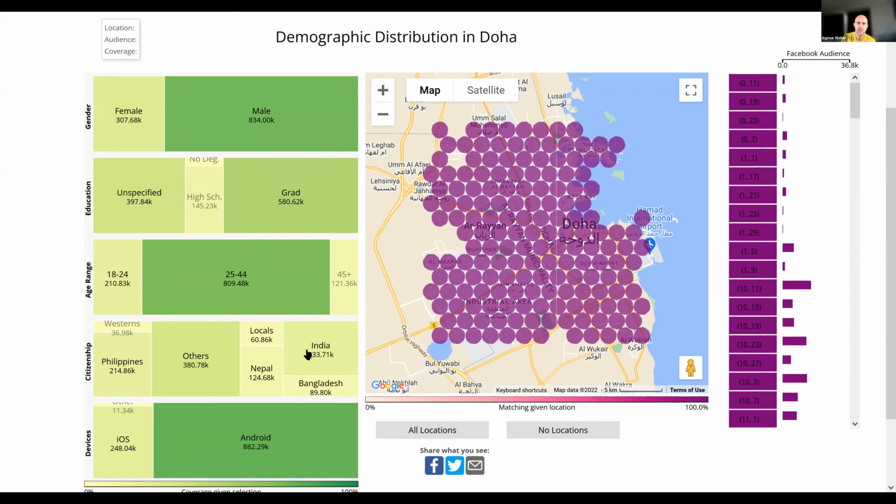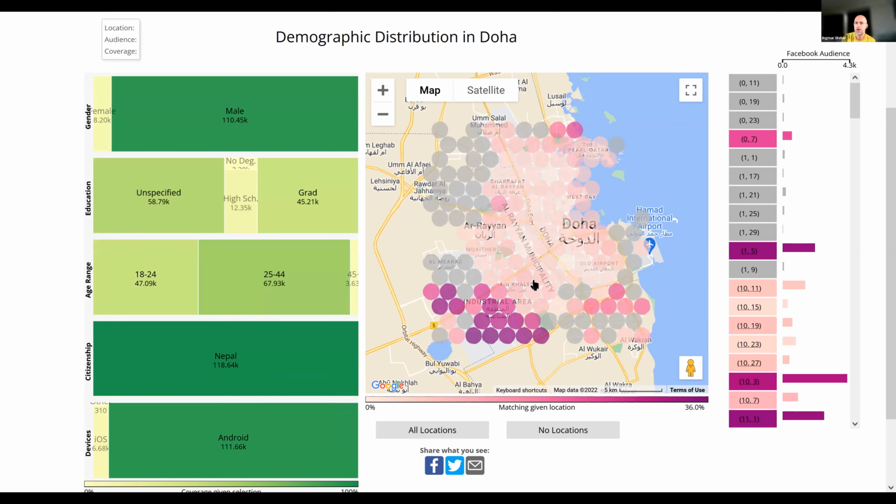Once you have collected this data, you can, for example, look at people who lived in Nepal. The density is highest in the industrial area, which, living here, I can tell you is true. But again, you don't have official data on this, right? They are almost all men, fairly young, which is a blessing during COVID times, right? Because probably the vast majority of them were infected with COVID at some stage, but only very few fatalities because they are fairly young, and they're almost all Android device users, right?